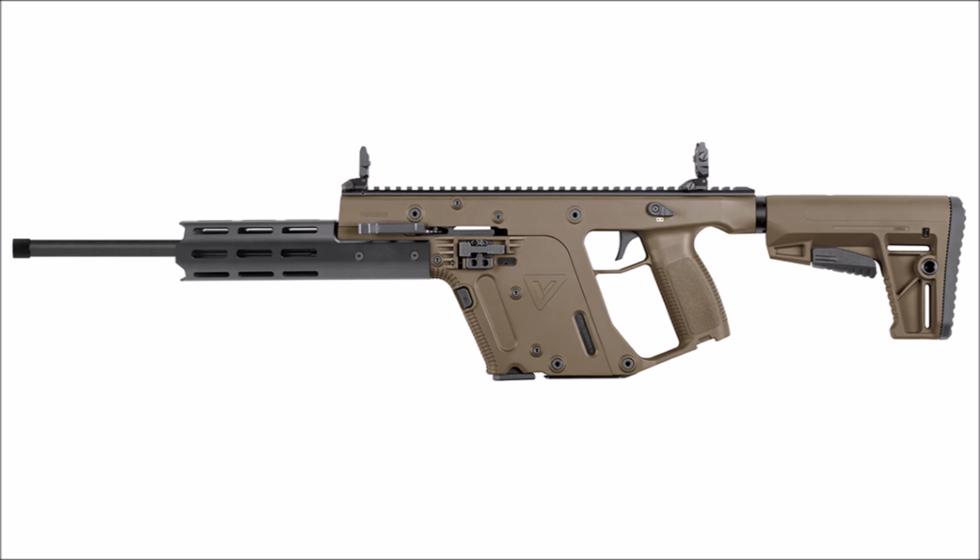Right now they only have 10 round magazines. They are working on 30 round magazines, but they're not even available yet, and the gun's launched. It's just strange to me. This just seems unnecessary. Now, they are launching it for an MSRP of around $650, but in my opinion, again,